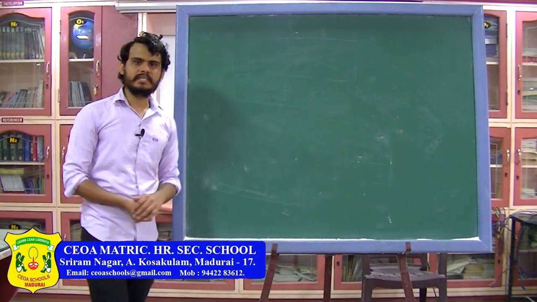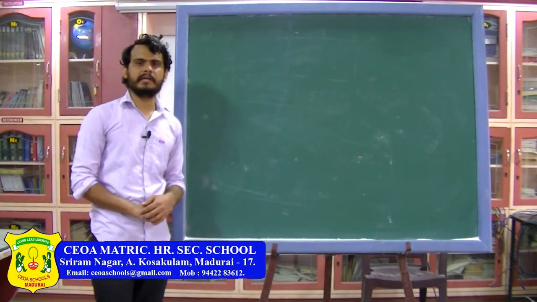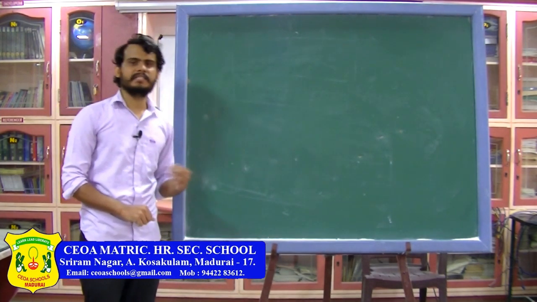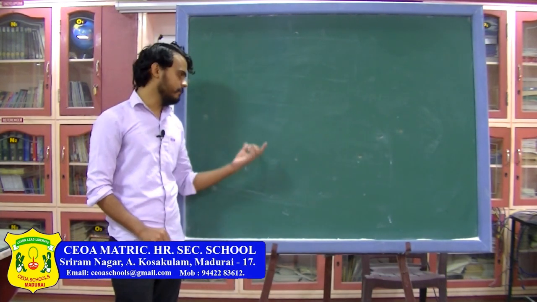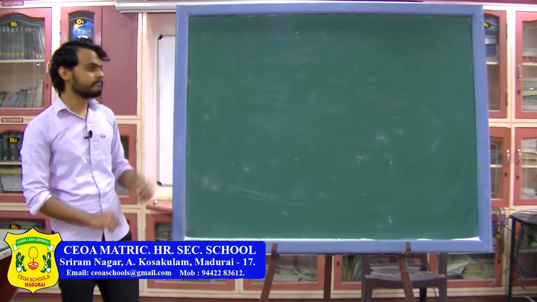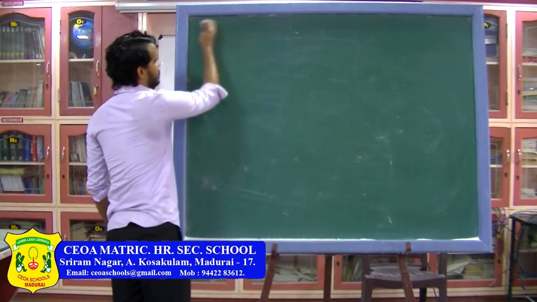So these are the basic things which you should know about the capacitor. You should know what is the force between the capacitor plates, what is the energy stored between the capacitor plates, what is the energy density, what is the charge density on one of the plates, and what is the electric field, what is the potential between the plates, and all those. Now we are going to talk about capacitor with dielectric.